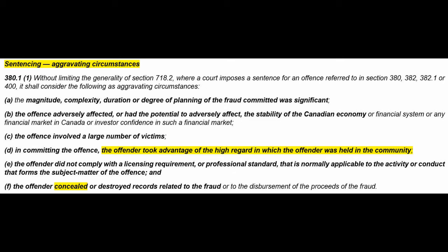The offender did not comply with a licensing requirement, see the E. I could see an attorney jumping all over this to say, this doesn't apply, but does it? I mean, I'm creating a professional standard for the purpose of what? That's where the arguments would go back and forth in front of a judge if it came to a case. Concealing or destroying records, I don't know. Would it be a concealment to say that